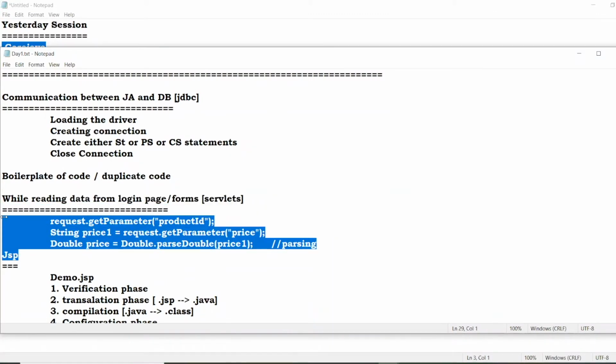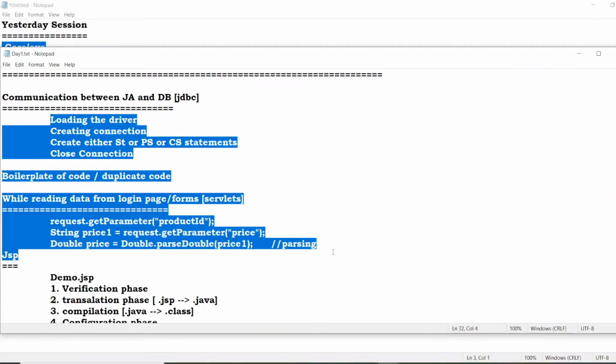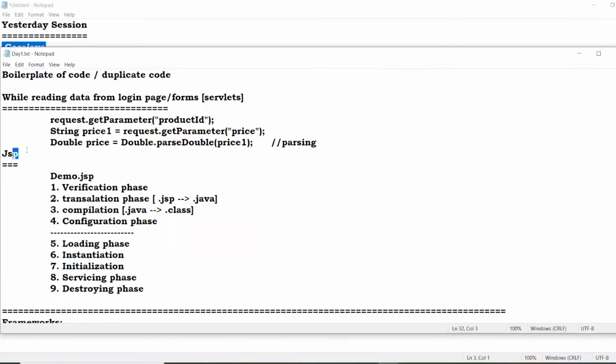Every programmer, in every application, in every project, in every company, people are writing this type of boilerplate code. That's why we went into the frameworks concept. Also, compared to servlets, by using JSP, by writing minimal code, that is, less code, we can develop a web application and a user interface.